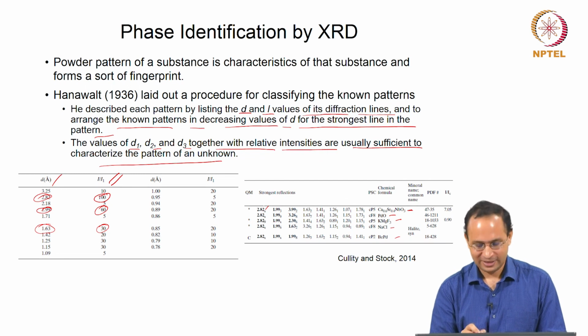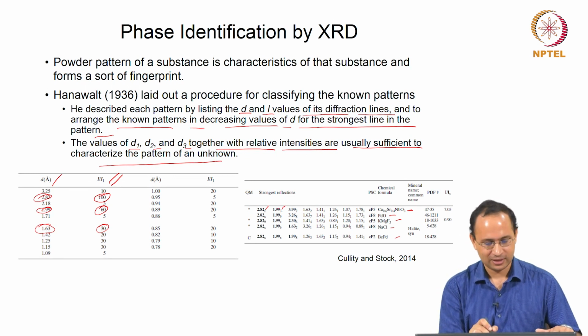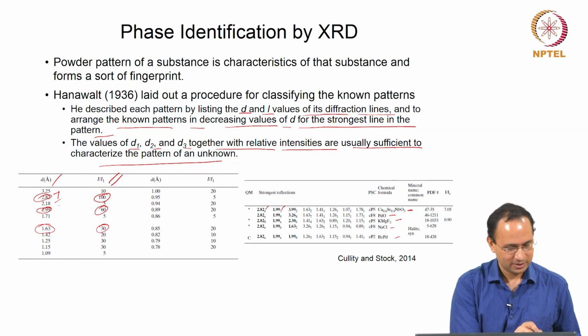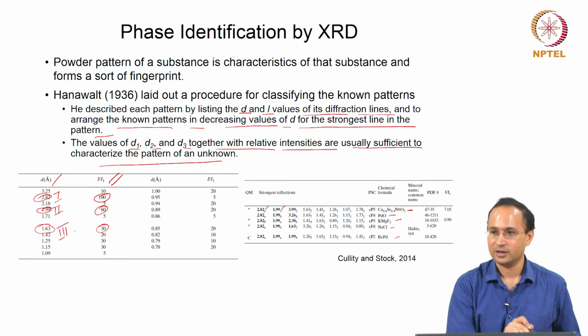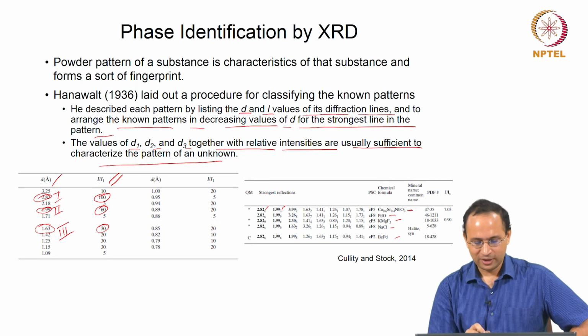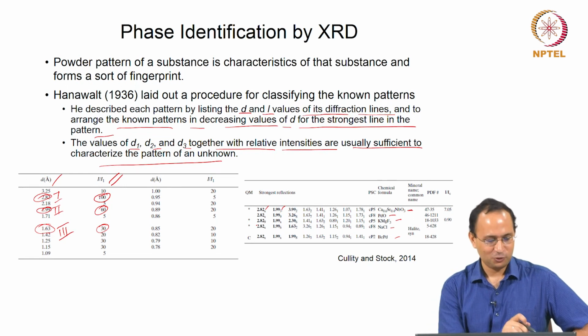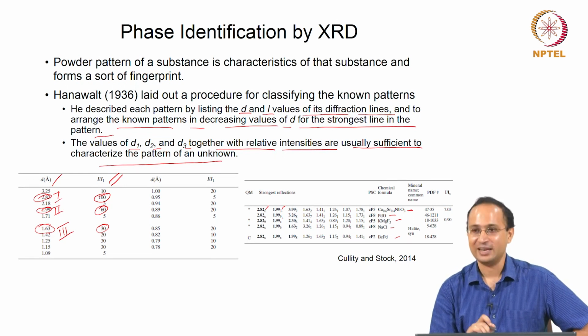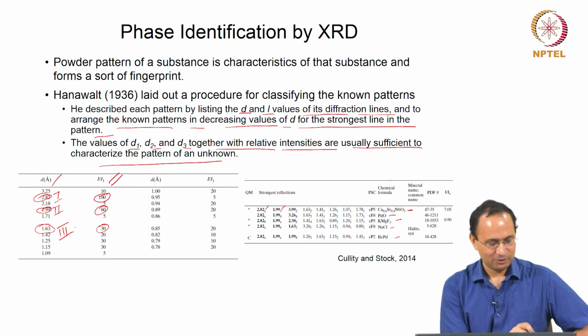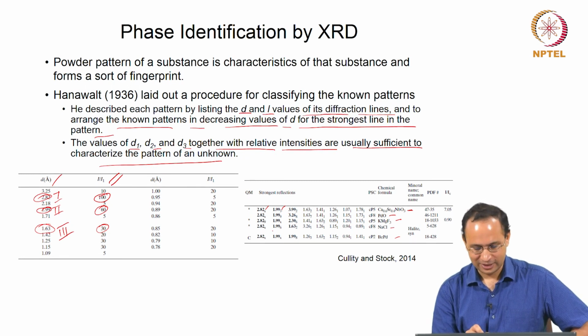So for the strongest, now if you come back to the second one, we are looking at these 3 strongest lines. This is first, this is second, this is third. If you look at the first one, you can't tell which one is what, because there are multiple ones with the same D value, multiple ones which have the strongest line at 2.82. Now if you come back to the second one, 1.99, again it is hard to tell. But if you come back to the third one, you can say that okay, the third one is this. So 2.82, 1.9, 1.63 tells you this is sodium chloride.